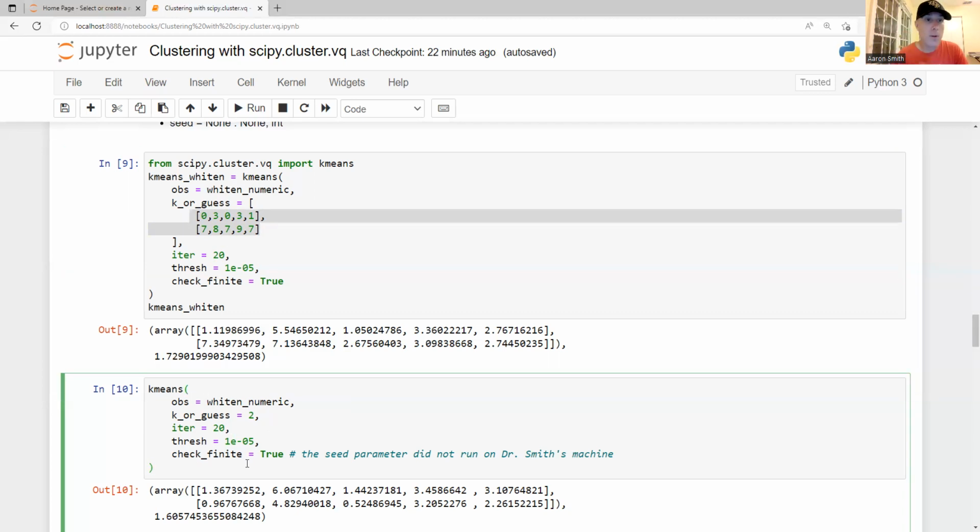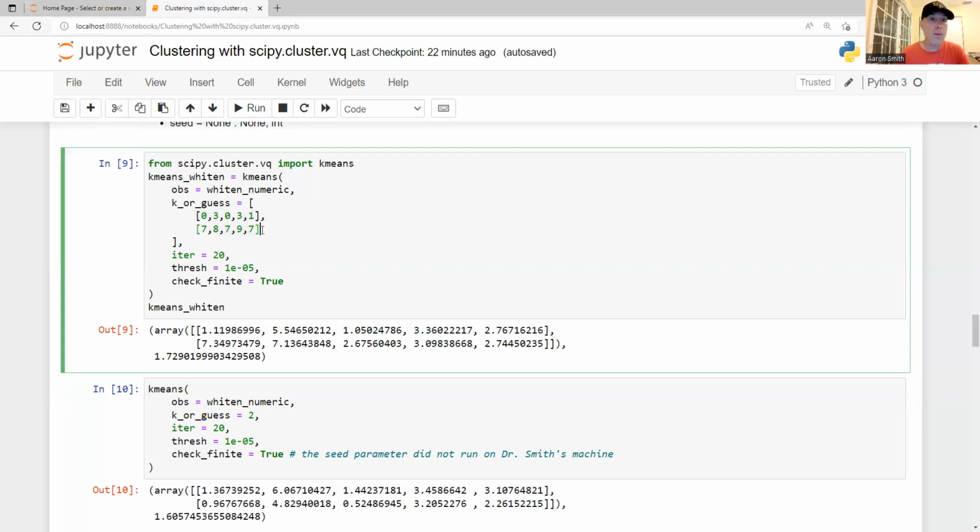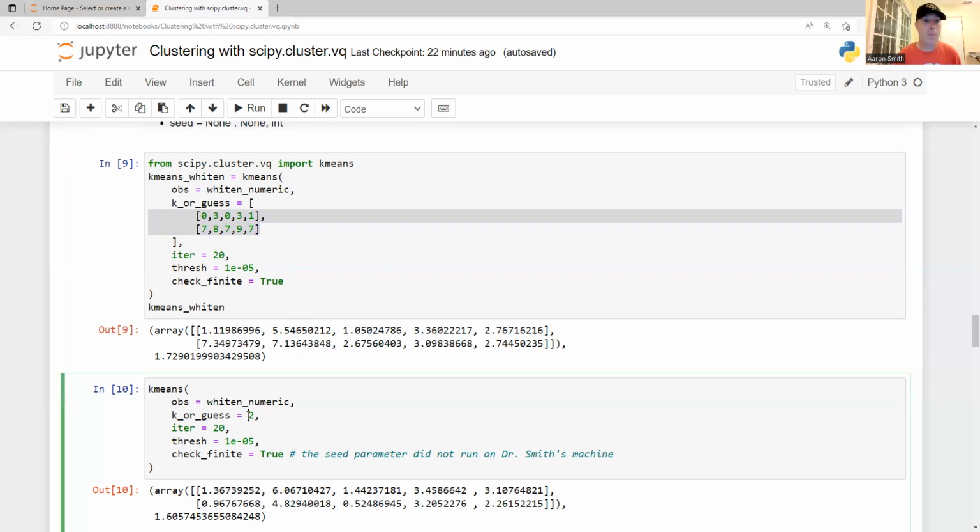Now, I strongly recommend that you actually specify your initial centers. Why do I recommend that? Because this makes it 100% reproducible. Something that can happen is that if I say to randomly pick 2, it may or may not pick the same next go around, even if I set the seed, if things change about the version of Python I'm using, or I get a new machine,